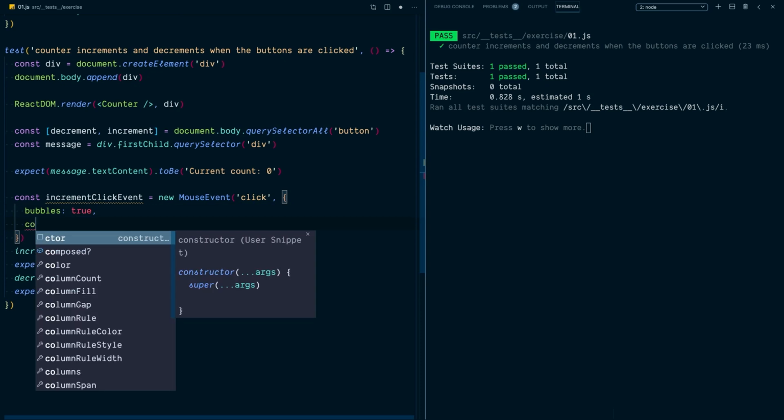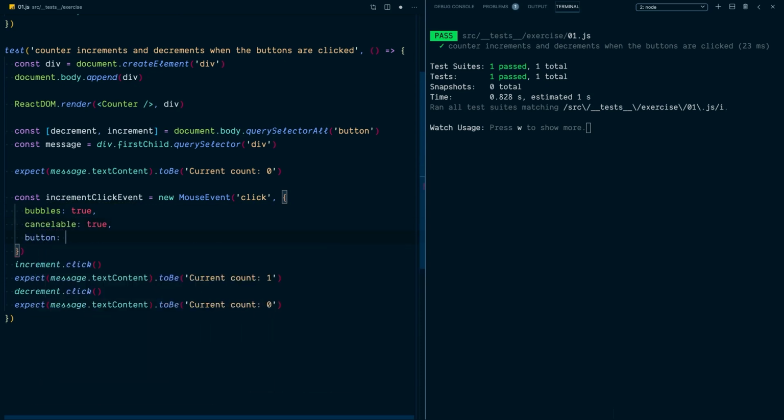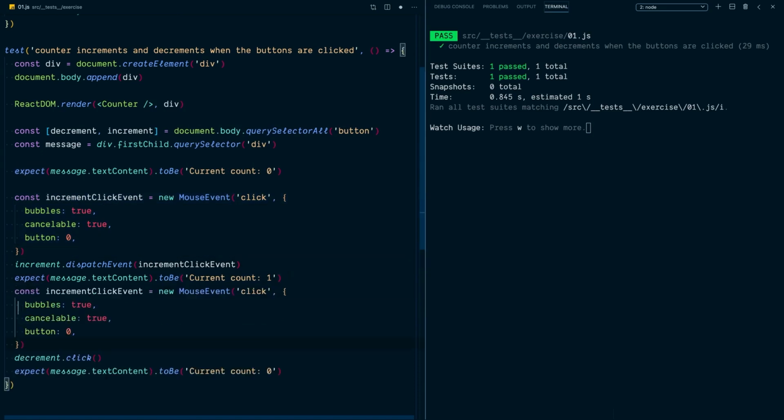We also want to configure cancelable. We'll set that to true and set the button to 0, which turns this into a left click. So then we can say increment.dispatchEvent(incrementClickEvent), and if we save that, our test should continue to pass, which it does. Then we'll just do the same thing for our decrement. So this will be our decrement click event. Say decrement.dispatchEvent(decrementClickEvent), and now we have an increment and a decrement using the